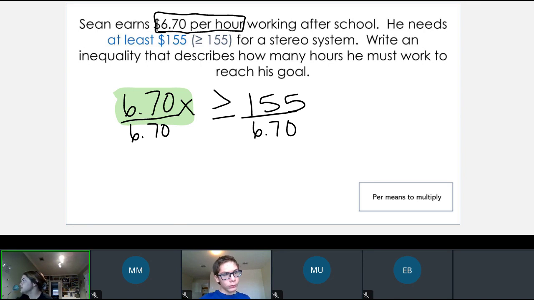And you're going to get a decimal. So when you get that decimal, you're going to get x greater than